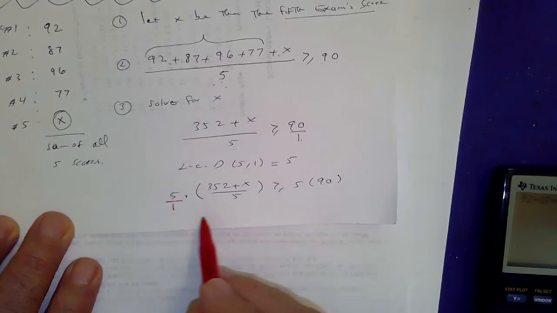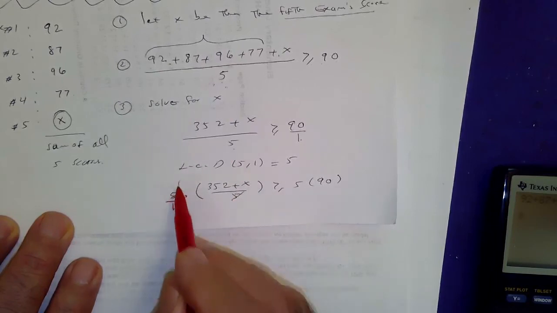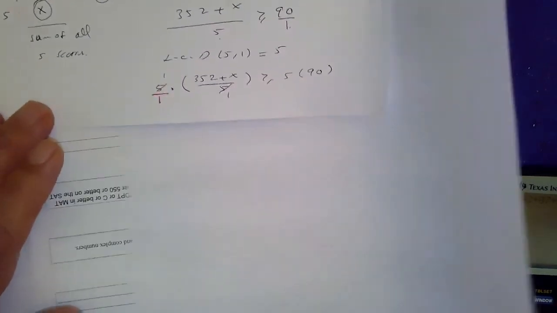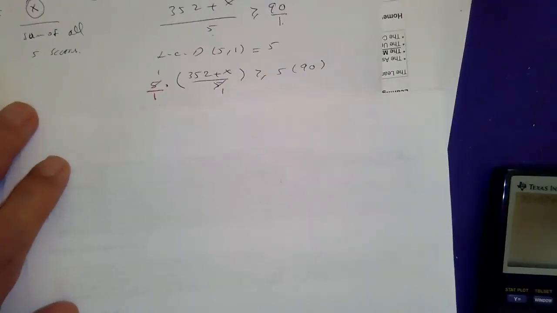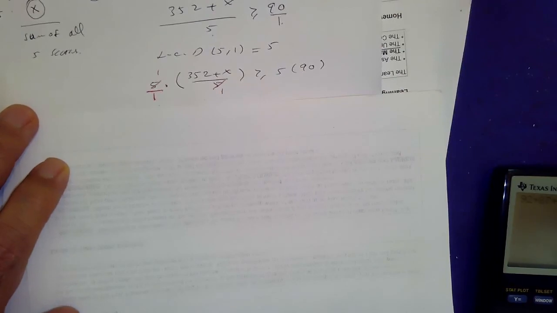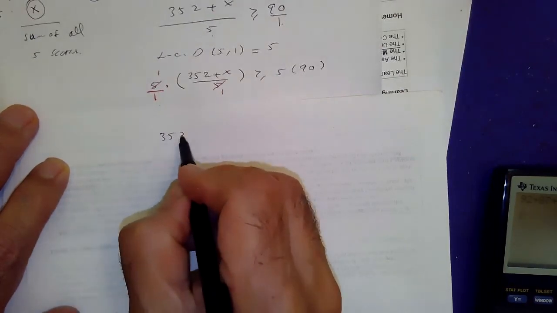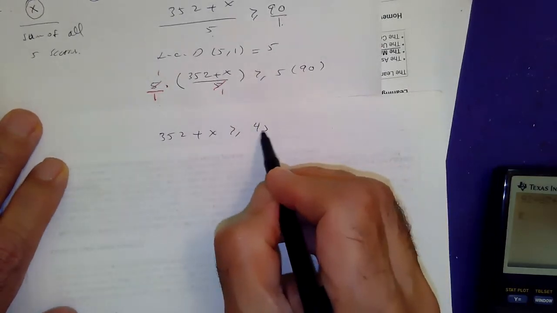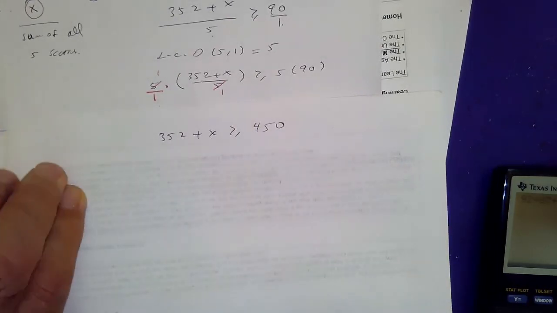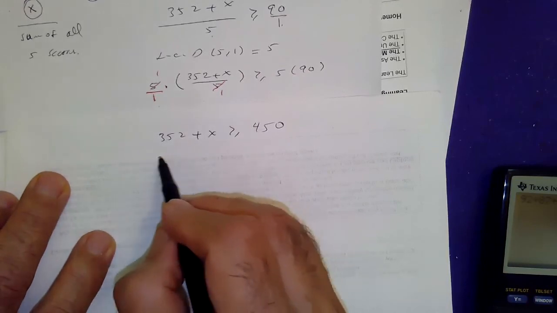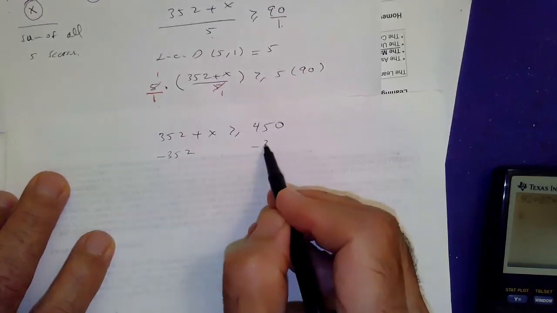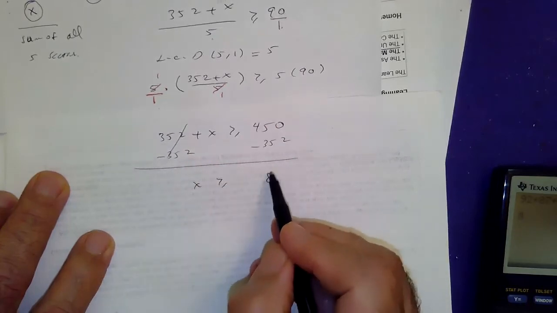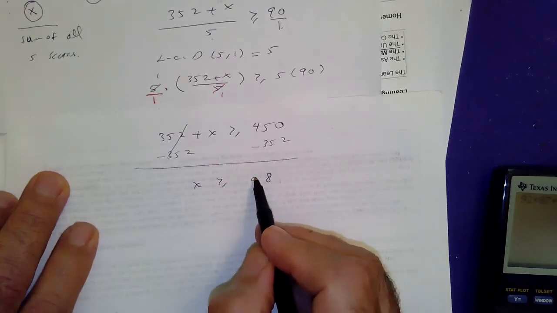To multiply the fractions, I cross-reduce. The 5s disappear. So I would end up with 352 plus x is greater than or equal to 450. That's 5 times 90. Now subtract 352 from each side. So x is greater than or equal to